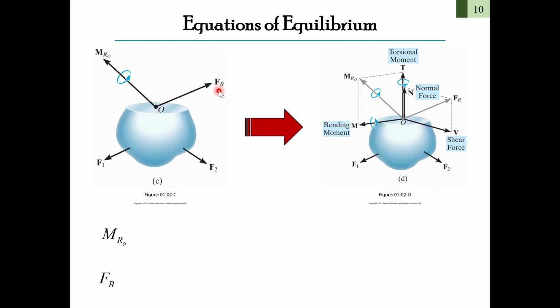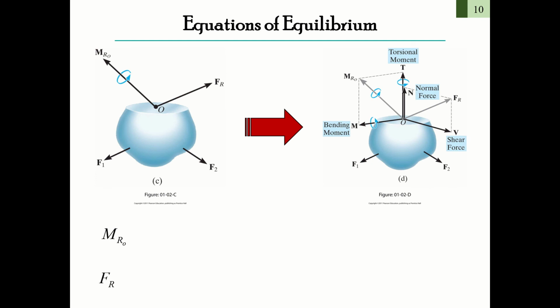If the FR is separated in 2 directions, one is the normal direction and the other is the horizontal direction. The normal direction force we call the normal force, and the horizontal force along this cutting surface we call the shear force. Okay, so the normal force we call N, the shear force we call V, and we know the magnitude of FR